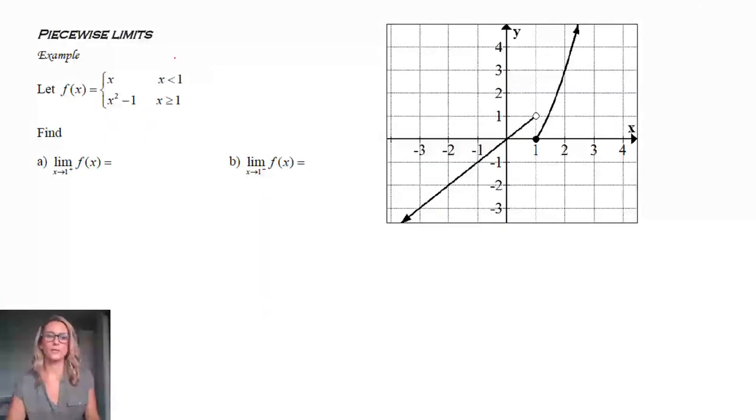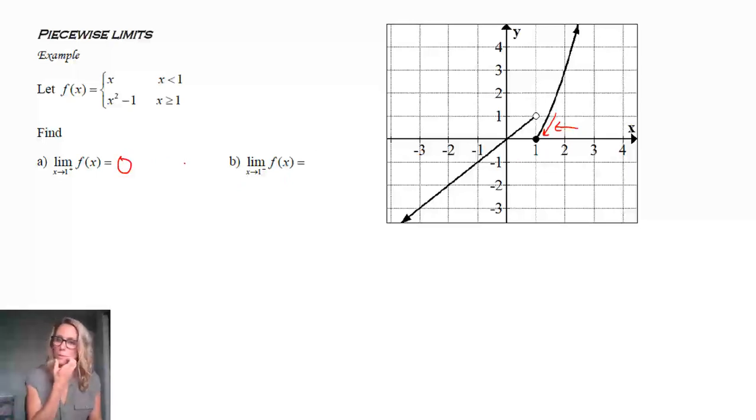Now let's take a look at some piecewise limits, and we've already seen these, so it's just a reminder that when you have a piecewise function, notice it is not continuous. We have that little jump there. We'll be talking more about this in 1.8, but we have this little jump at 1. So notice that. But we can look at each side. Coming in from the right-hand side is saying what's happening as we come in this way, and you can see we come down, and our y value, which is what a limit is, is simply 0.